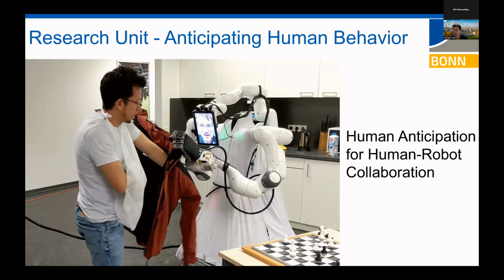So this was so far just understanding what's actually going on. However, in many applications, that's not enough, right? If you think about, let's say, a robot interacting with a human, it might perfectly understand what the person is doing, but it also needs to anticipate what the person will do next. So in this example, you see a robot that we have here at the University of Bonn, and it wants to help the student put a jacket on.